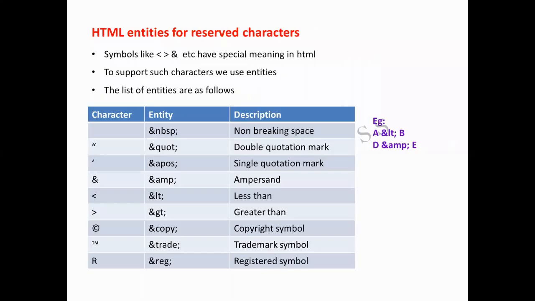So next what we saw was HTML entities. Entities in the sense, some characters we cannot display directly on screen. Example is your angular brackets. Because when we use angular brackets we are actually writing the tag itself. So if we want to write A less than B, A greater than B, we can do it only with the help of entities. So till this, with example and on screen output, I have shown you everything. So till this part we have completed and I've given you some work also to do.